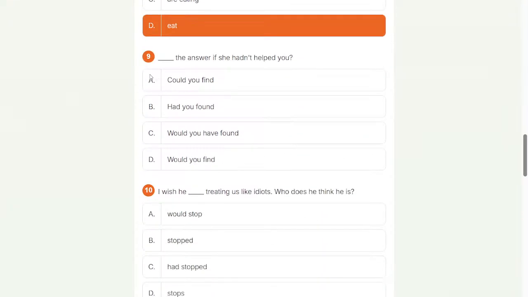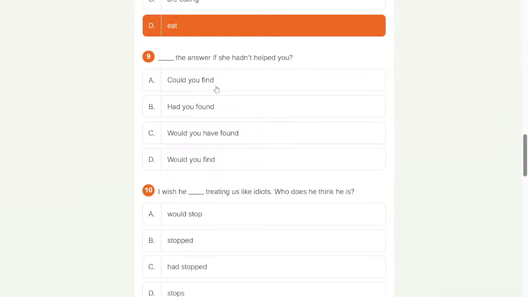Number nine. The answer, if she hadn't helped you. If she hadn't helped you, it's past perfect, and there is past perfect with third conditional. And in third conditional, the first part is, I think, would plus what?